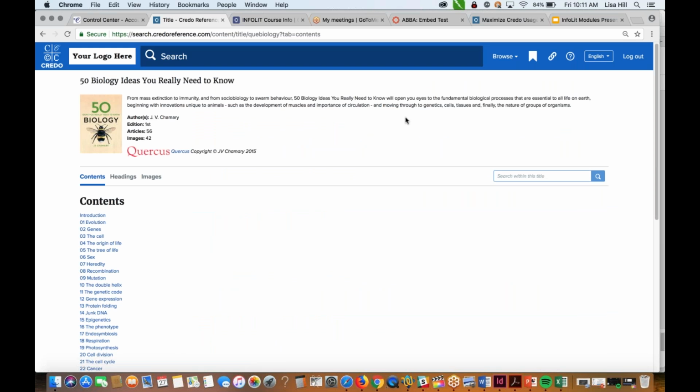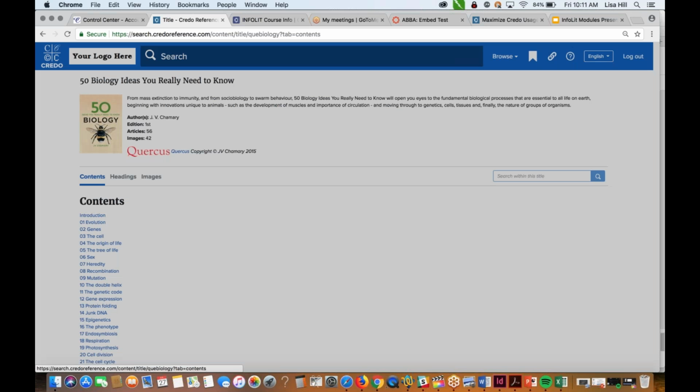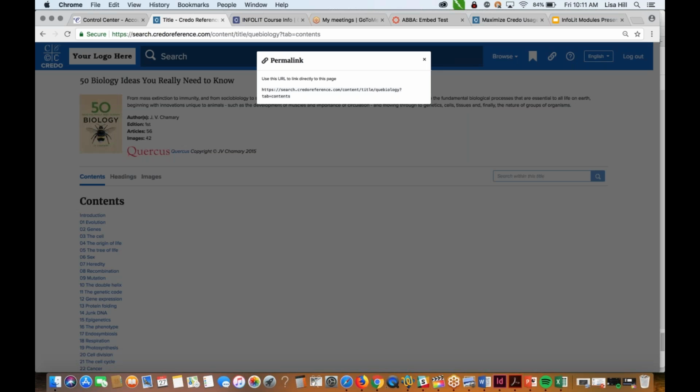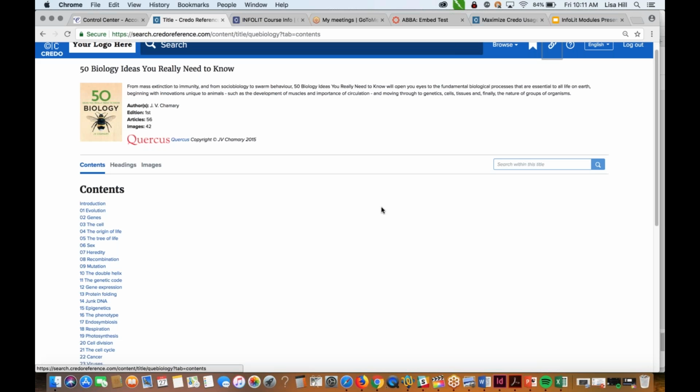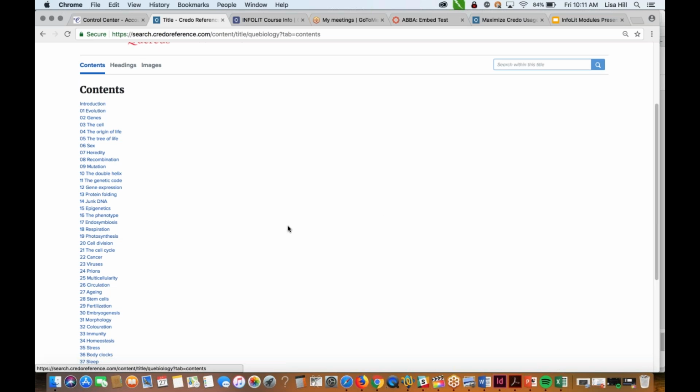Each book has a table of contents page. Each book has a permalink, which will allow you to link directly to this book to a LibGuide or a learning management system. Each book can be browsed, searched. So if I open up viruses,